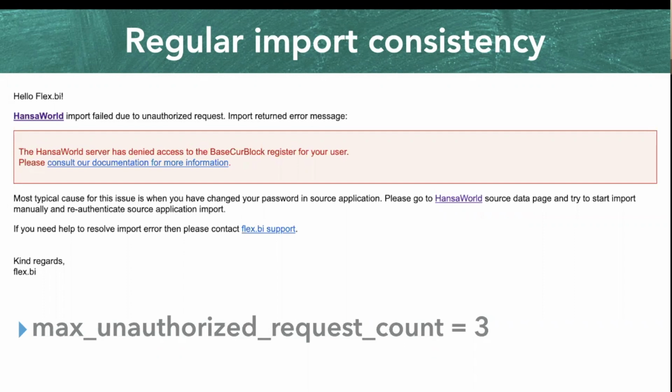In the previous versions, this was a common error that people got. Just to give you an example, we already implemented a parameter that we can set up. Please let us know if you need this as well. With this parameter, you can specify how many times the import should retry. And this unauthorized